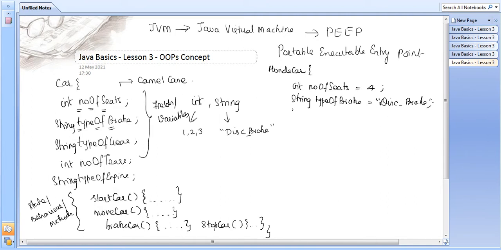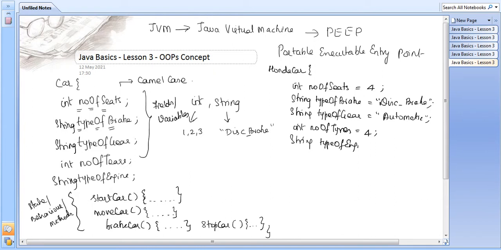And next one we had string type of the gear, so we had this to be automatic. Next one we had int number of the tires, let us have 4. Next one, string type of the engine, we had the straight layout. Okay,